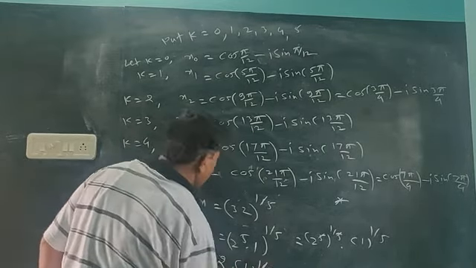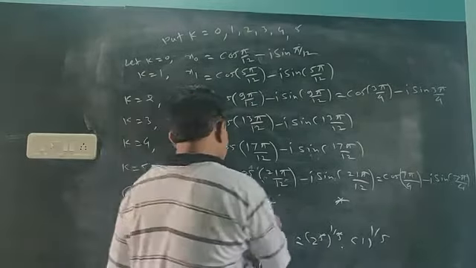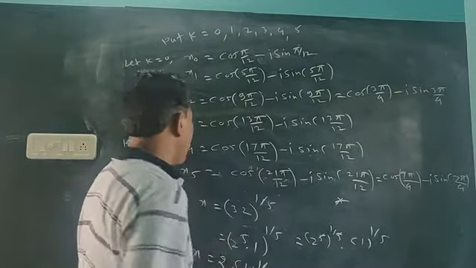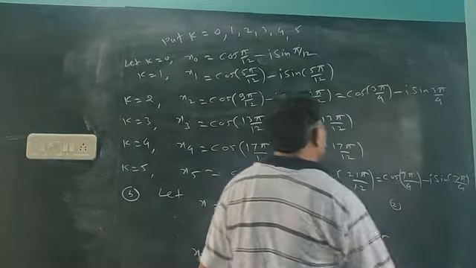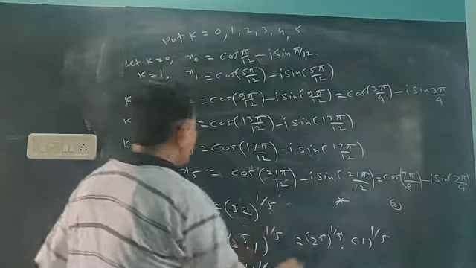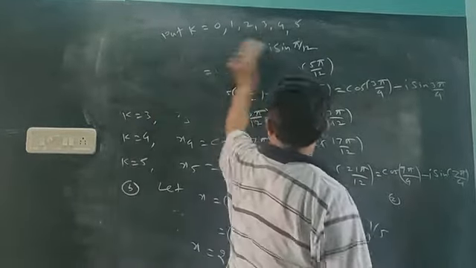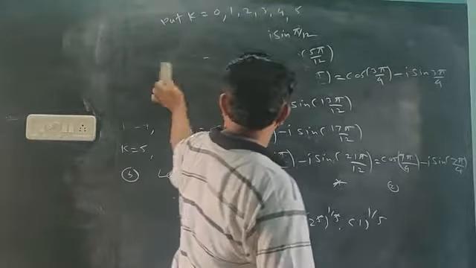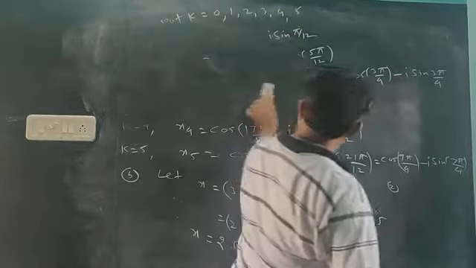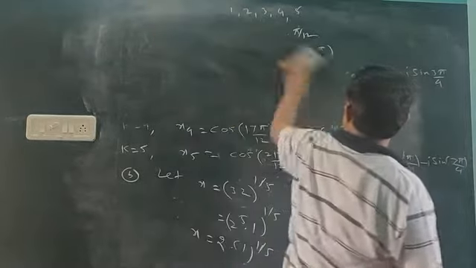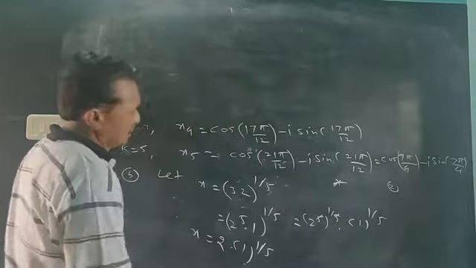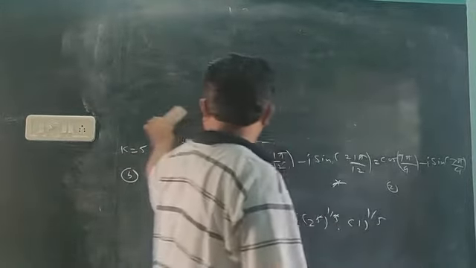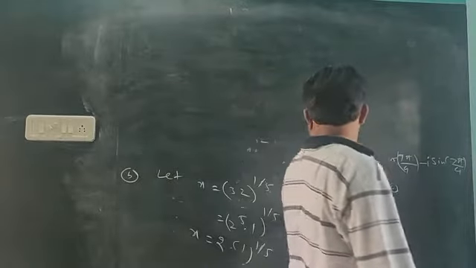So 1 by 5, I need 5 values. Here the answer is 2 only, since 32 is 2 raised to power 5 and 1 by 5, the 5 cancels. Only 2 is one answer. But I want 5 values here. This is the application of De Morgan's theorem. The answer 2 is only one of the answers; the other 4 are again answers, found by applying De Morgan's theorem.